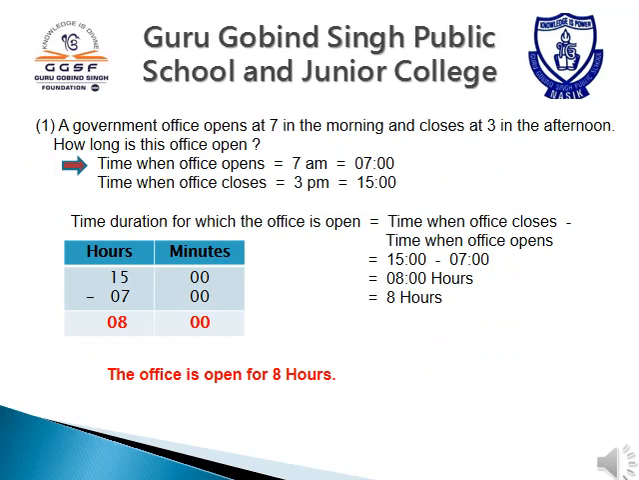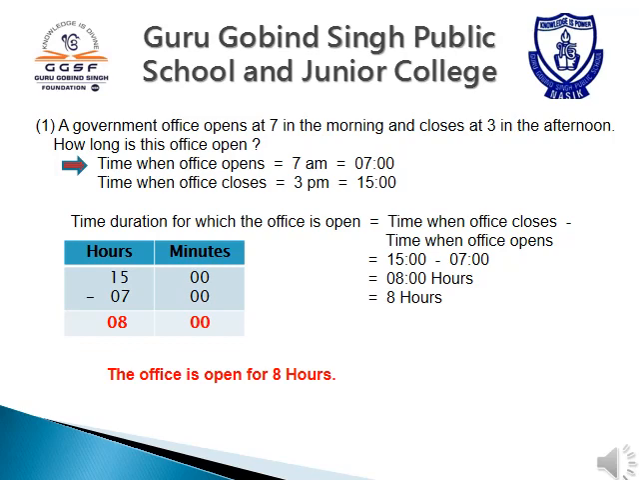In this lesson we have also solved some word problems. Here I have solved some of them. A government office opens at 7 in the morning and closes at 3 in the afternoon. How long is this office open? Here first we will write the given part. Time when office opens is equal to 7 am means 7:00, and time when office closes is equal to 3